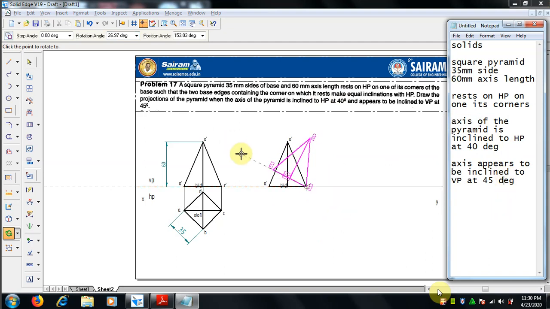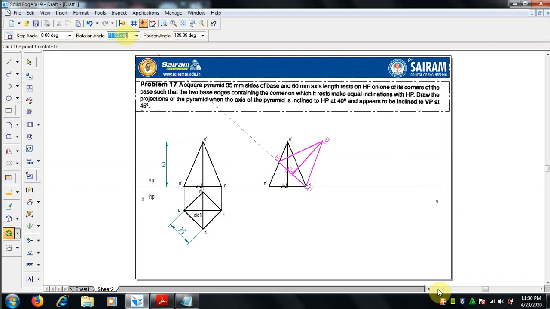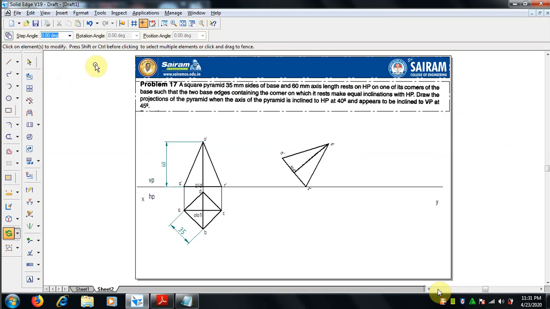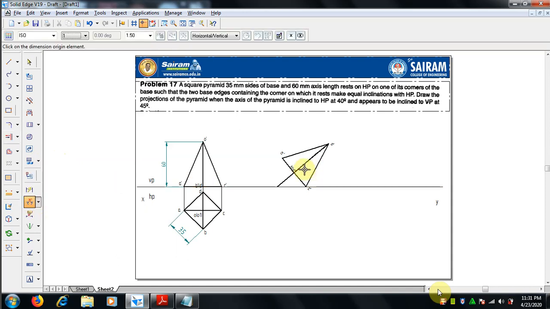So axis and the corner, we can see the 90 degree difference. Since the inclination already given for HP is 40, we have rotated the base by 50 degrees, so now we can check the angle of the axis rotated.